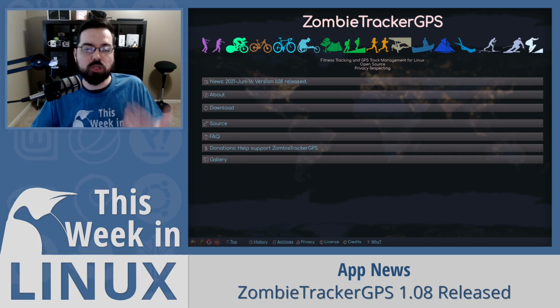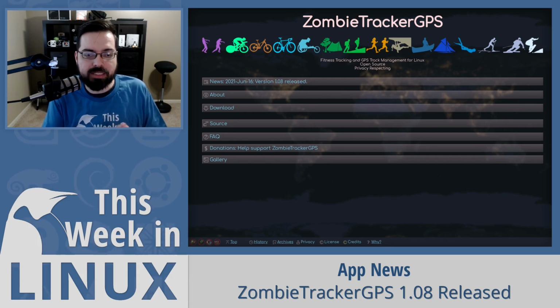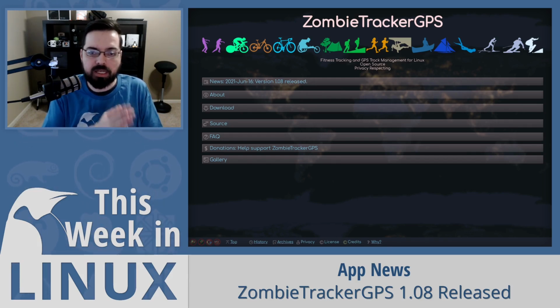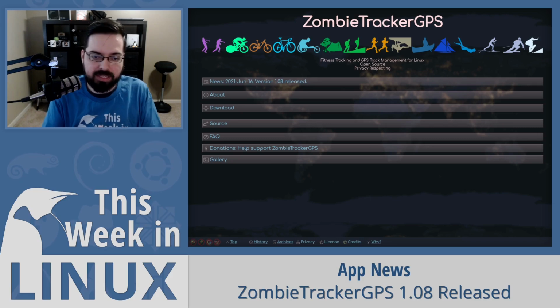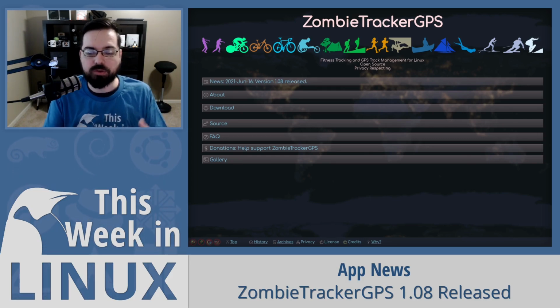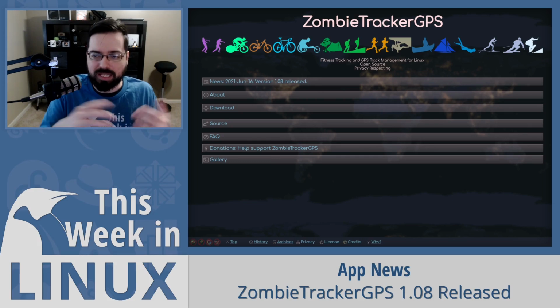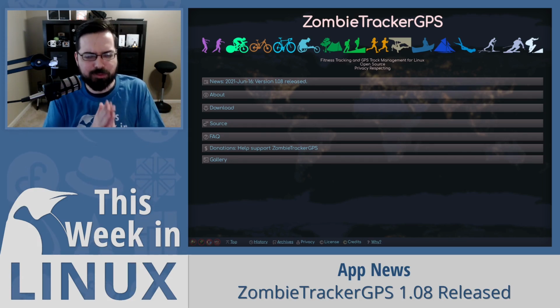It also supports multiple different map providers. It has time-based activity summarizing over weeks, months, and years, displayed by activity. Also, estimation of power and power consumption of your devices, and calories expended based on slopes and speeds in the terrain. It's a really, really interesting piece of software. The name is kind of weird, Zombie Tracker.